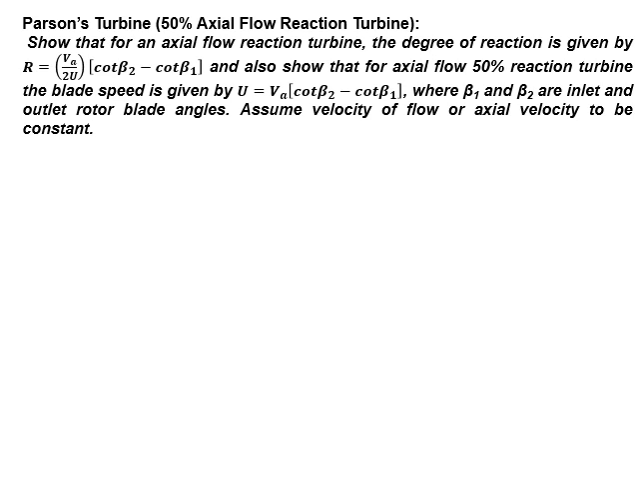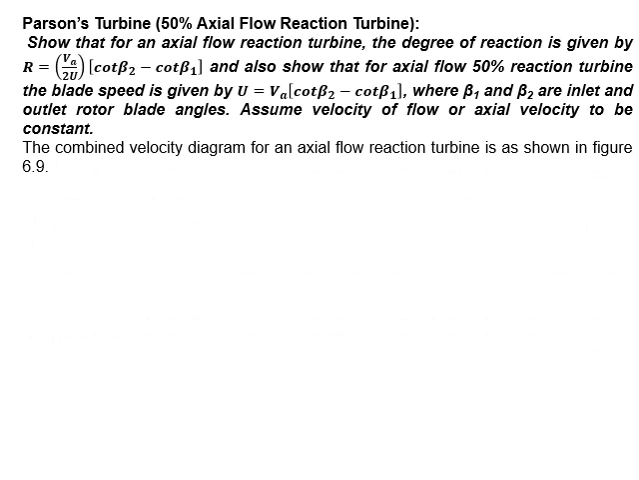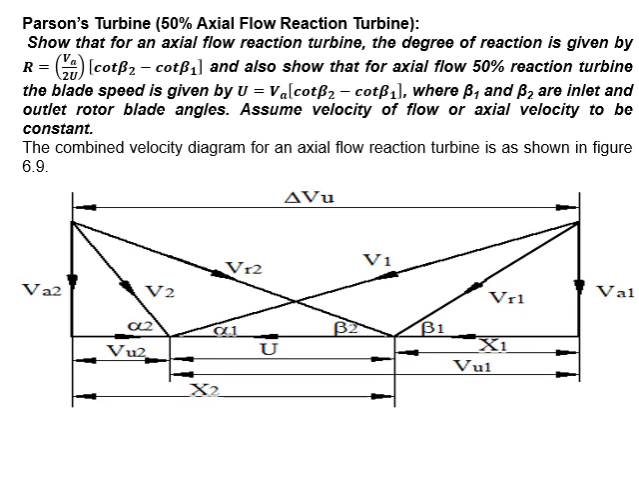That means the V_A1 at inlet and V_A2 at outlet are the same. The combined velocity diagram for an axial flow reaction turbine is as shown in figure 6.9. So according to this,